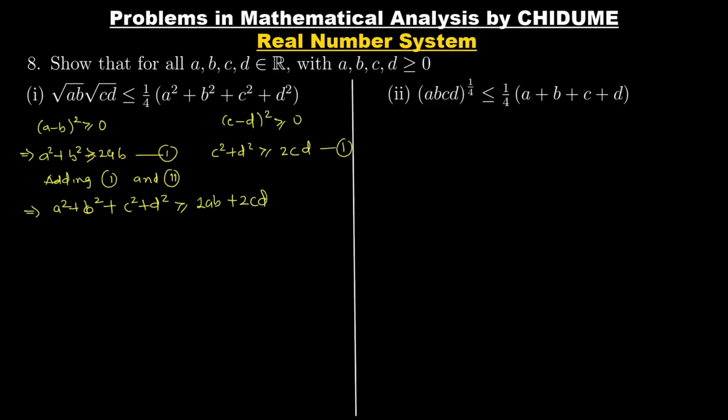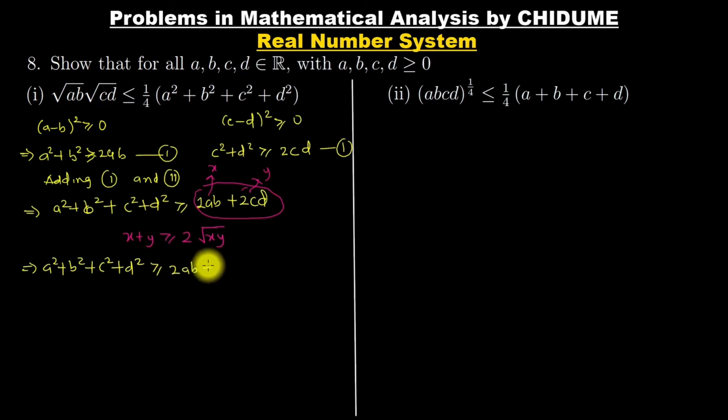You observe that from your AM-GM inequality, if you have the addition of two numbers, the addition of two numbers will always be greater than or equal to 2 times the square root of the product. So if I apply the AM-GM inequality to this, what do you observe? Let's say this is my x and this is my y. That means I'm going to have a square plus b square plus c square plus d square greater than or equal to